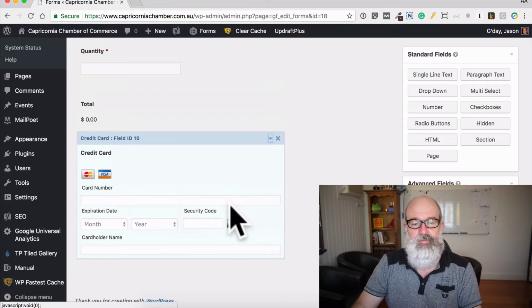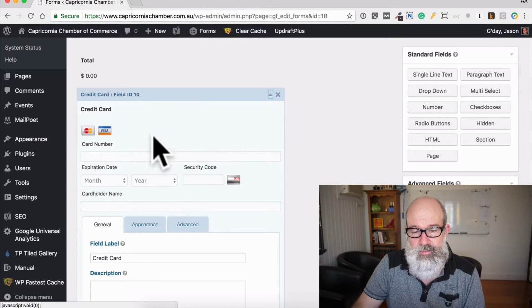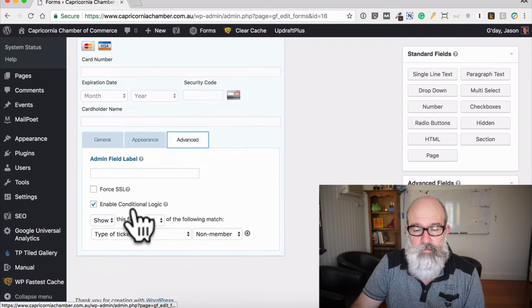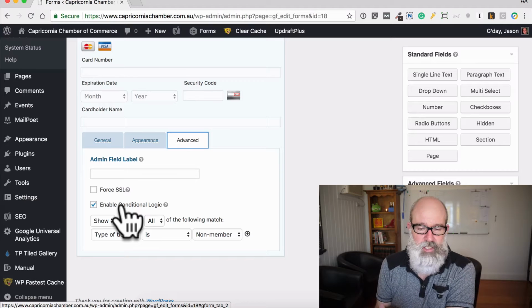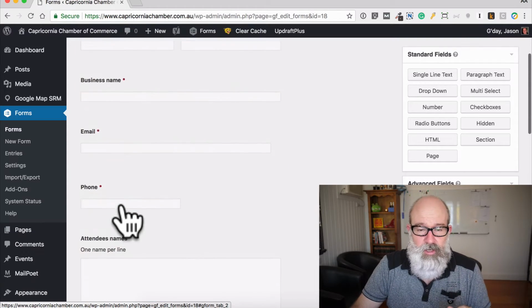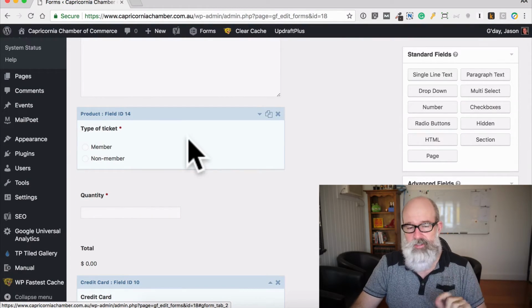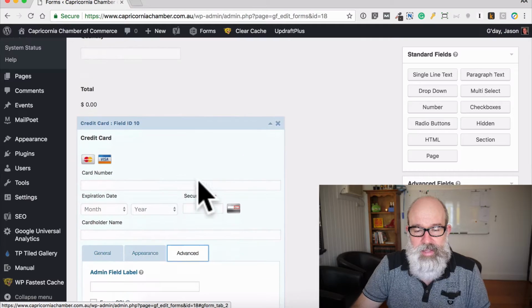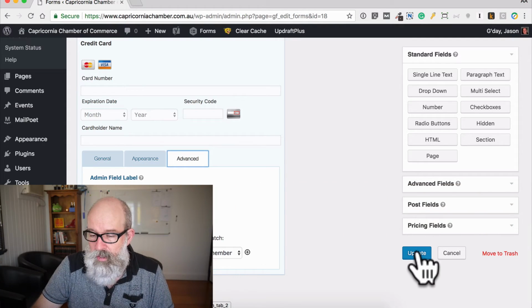Just be careful if the last form that you're duplicating from a previous event has a conditional statement around this credit card field. You may want to untick this if you're showing your credit card all of the time, because everybody has to pay you some amount of money to register. So they're the main things you need to worry about. Rest of this should be pretty much as it was. Your type of ticket, just check the pricing that's involved in there, and check any conditional comments in the advanced tab around whether I'm showing or hiding the credit card fields. Once you're done, click update,